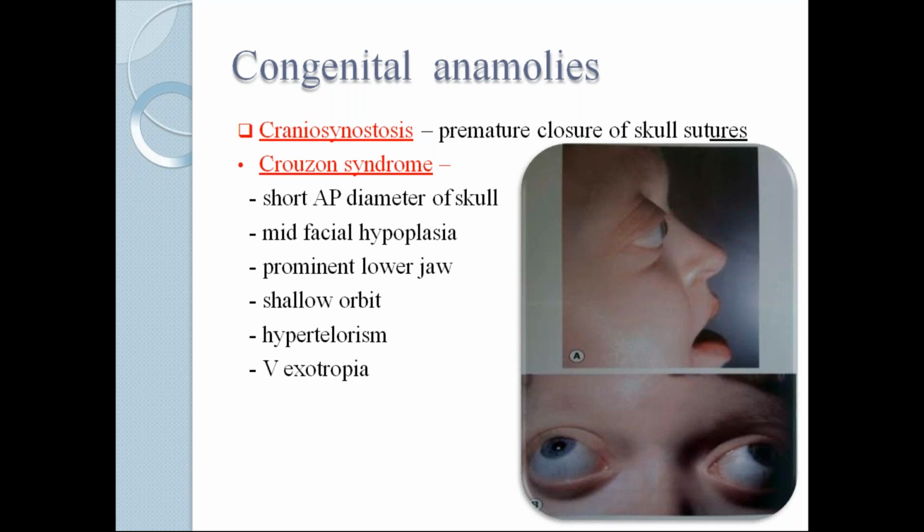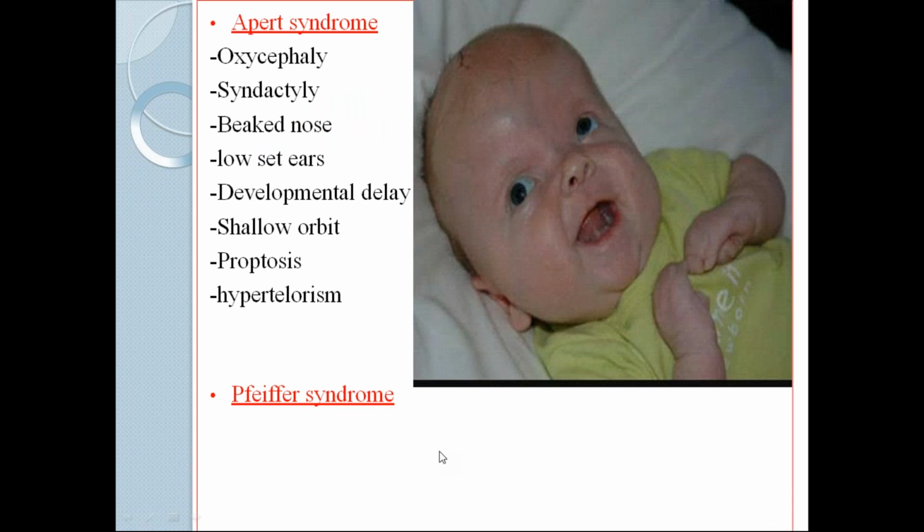Now after knowing about this anatomy of the bony orbit, you need to know something about the congenital anomalies. So what are these congenital anomalies of the bony orbit? These are as follows. You have certain conditions called craniosynostosis. Of course, it is related to the skull sutures, but I think by mistake Dr. Kirti has put it here, but it doesn't matter. It may be useful for you in the long run.